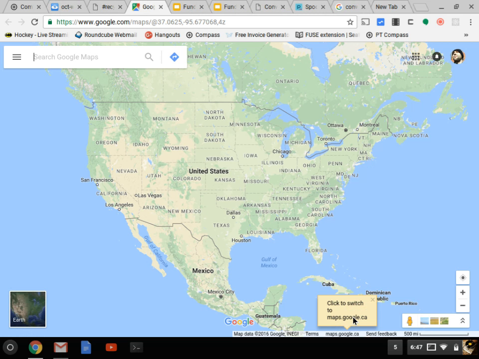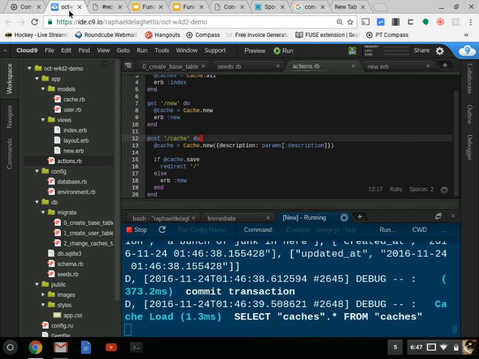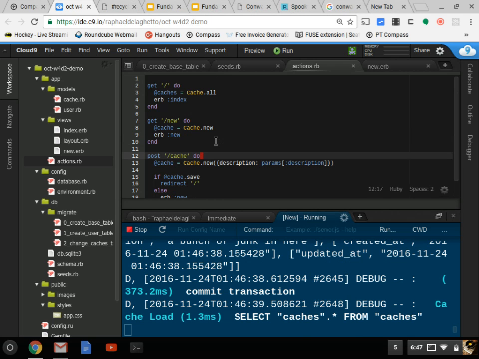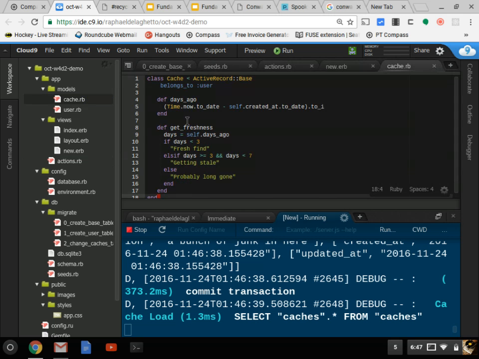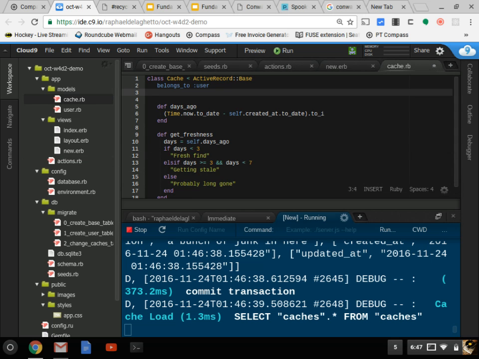And we're going to do a very bare minimum validation. Validations are an Active Record thing. So we've been talking about front end, we've been talking about routes, now we're going back to Active Record and talking to the database. In my cache, I just want to make sure of a few things. The first thing I want to make sure of is that